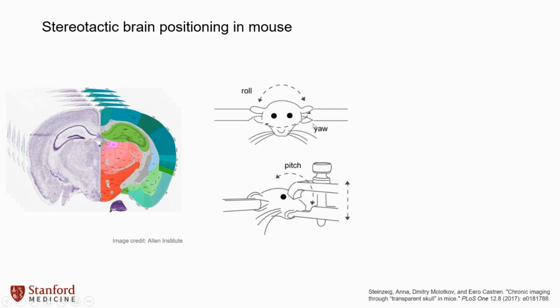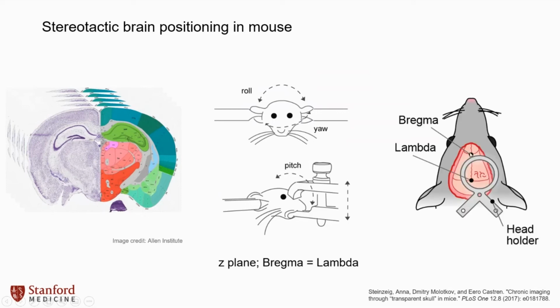And of course, to do that in animal models, particularly the mice, we usually head fix the animal and open up the skull, and we'll look for these two fissures on the skull called bregma and lambda. And relative to those points, we have this sort of map. And if you put in an unequivocal plane across these two points, then you can mount a sort of bracket to the skull. And that bracket will allow you to not only head fix the animal by putting little screws through this metal bracket, but the bracket can also contain sort of a mount for your ultrasound equipment. So examples of that here.